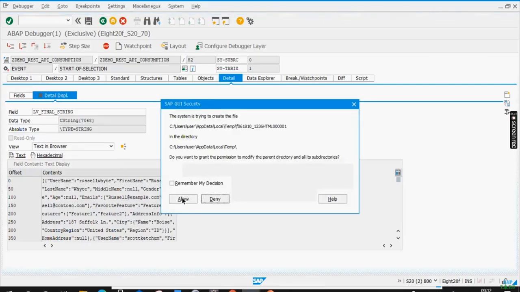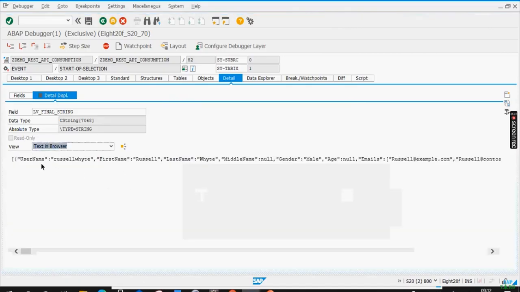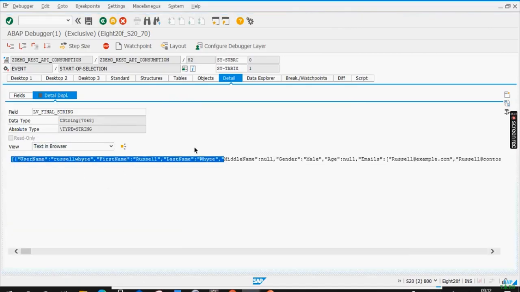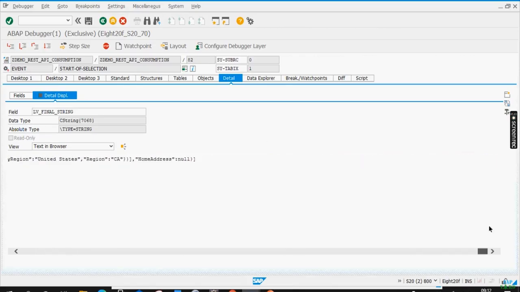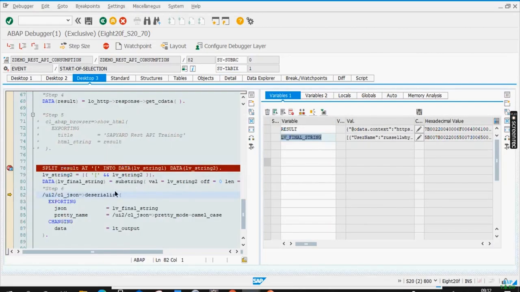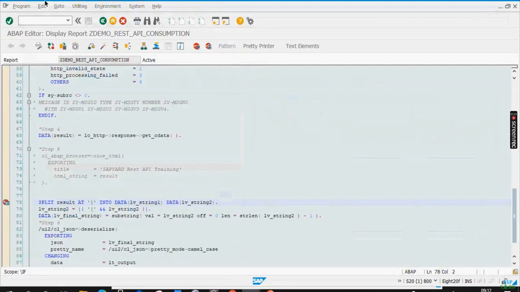If you want to see the data, I can see the text in data format also. So here, see, if you explore till the end, it is now in this format. Now, if I am deserializing the same, and if I do F6,